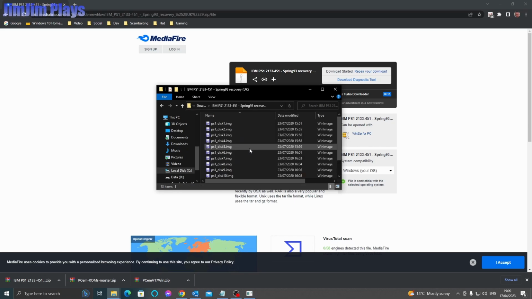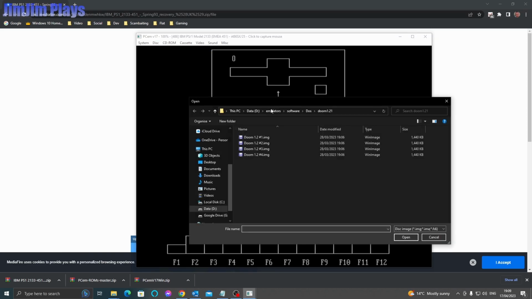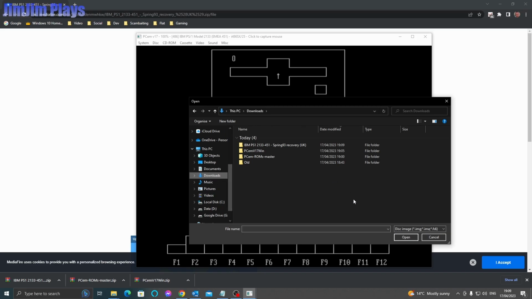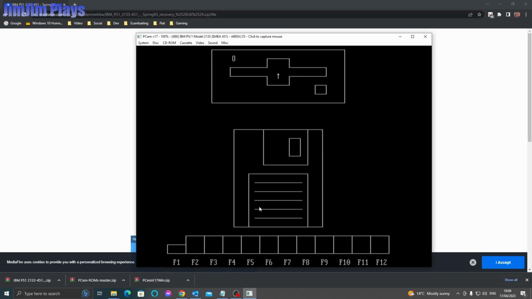Okay, and here we go. We should have 12 disks, and the recovery be the bootable one. Okay, so let's go back to our machine. Let's input a disk by doing disk change drive A. Okay, and we will go to our downloads folder, and we'll go to our IBM, and we'll click recovery, and